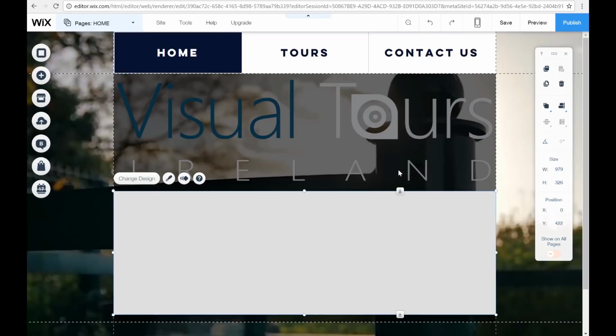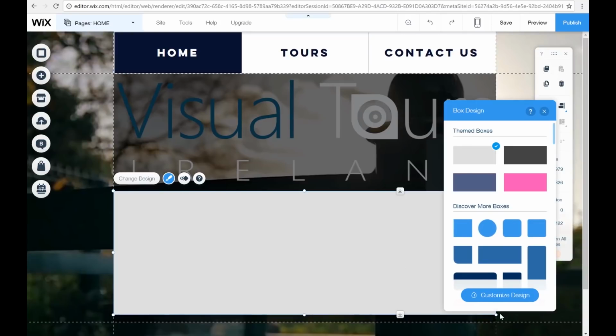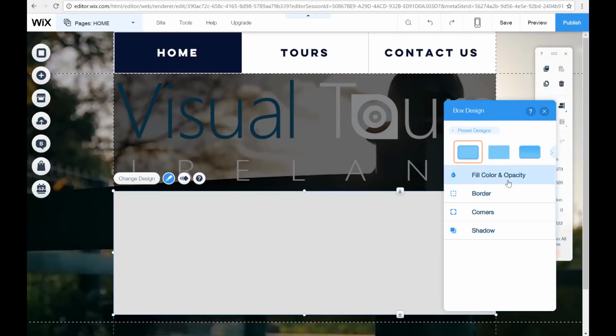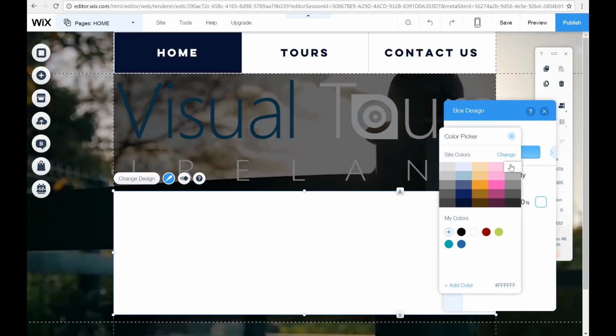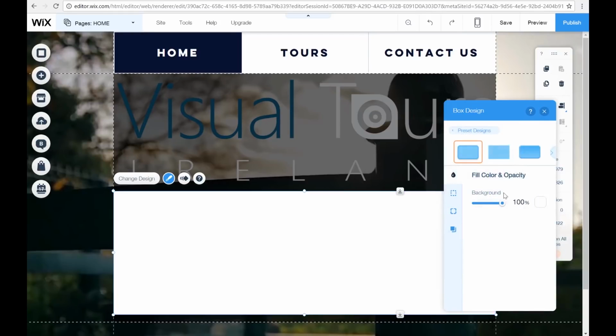And if we click this, we will be able to edit the box design like we did on the menu. Click customize design, click on the fill and opacity of it. We're going to change the color to white, and we're going to take the opacity down to 60%.